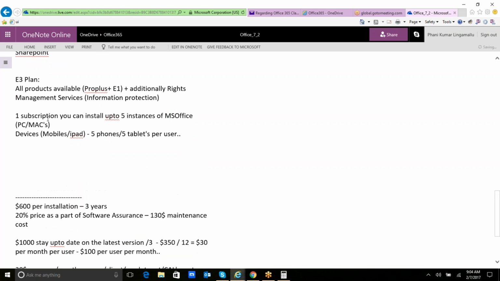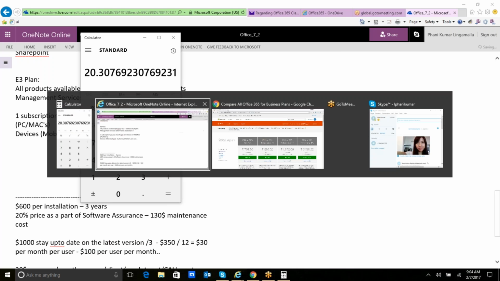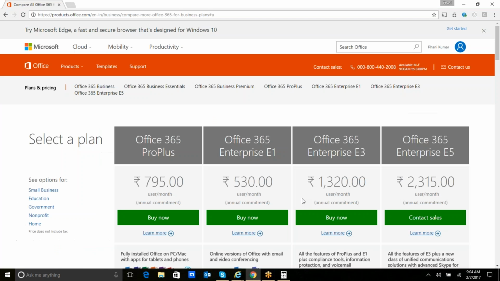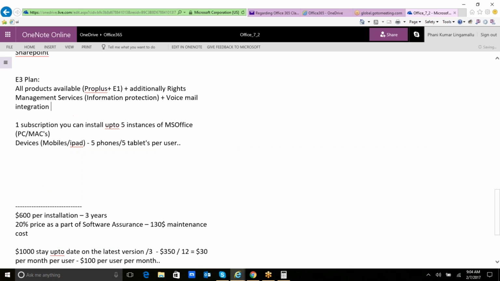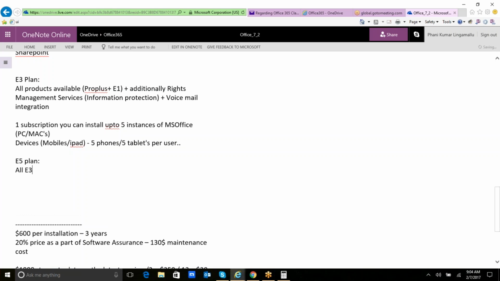Okay, the E3 plan I'm getting with all products of Pro Plus, plus additionally RMS. What additional will you get? Voicemail integration. So if you have any PBX, you can integrate with the voicemail in the E3 plan. Then again you have the E5 plan. So the E5 plan is all of E3 plus